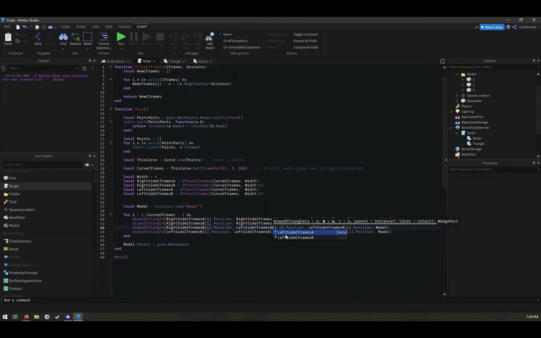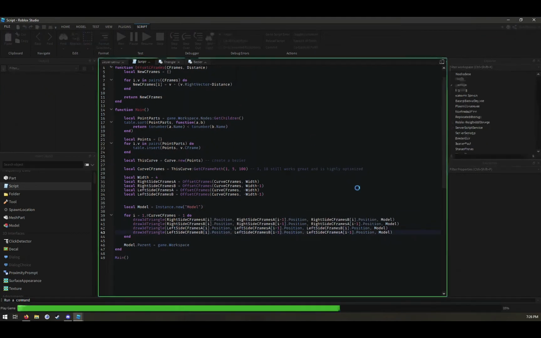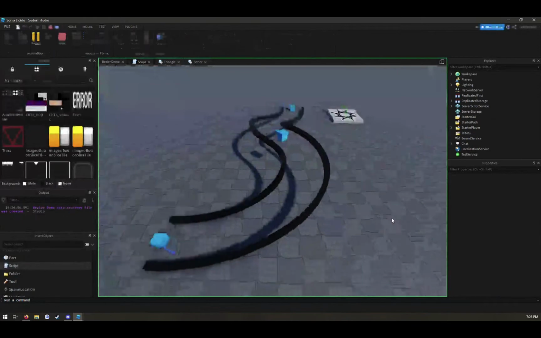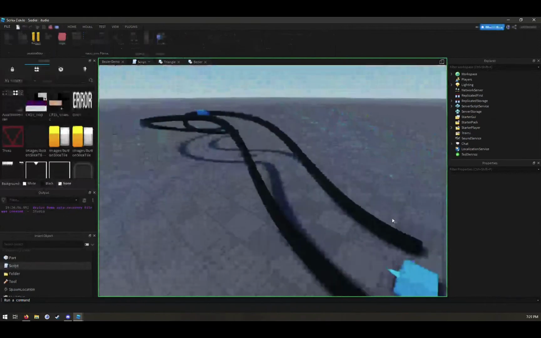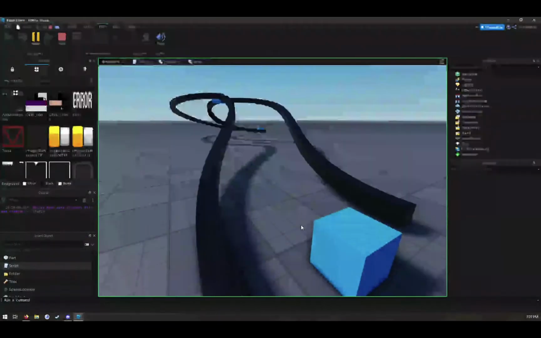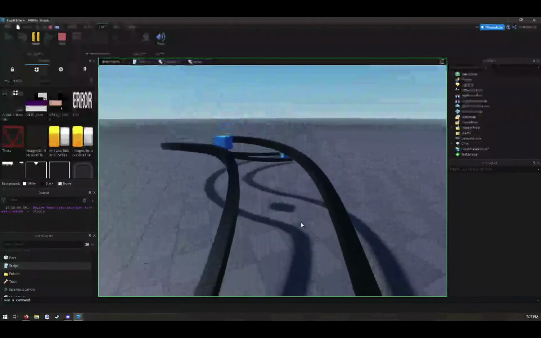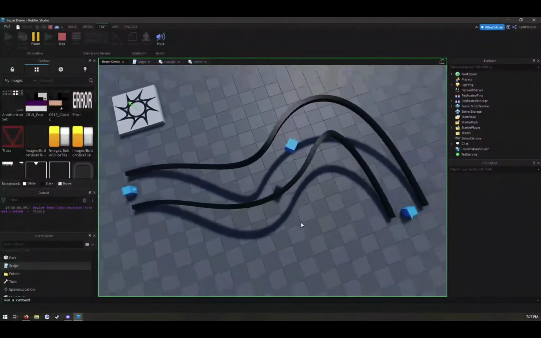Left side A, left side A. Let's see what happens. Boom. So now along this Bezier pathway, we have equidistant